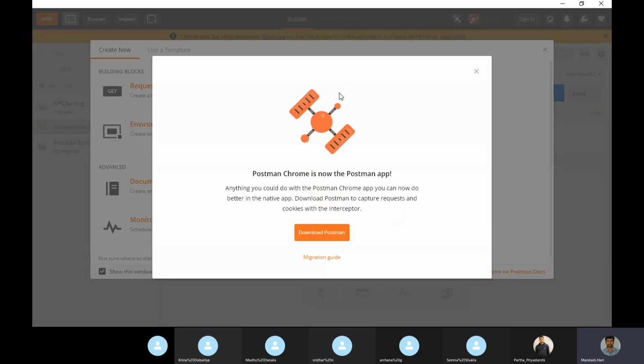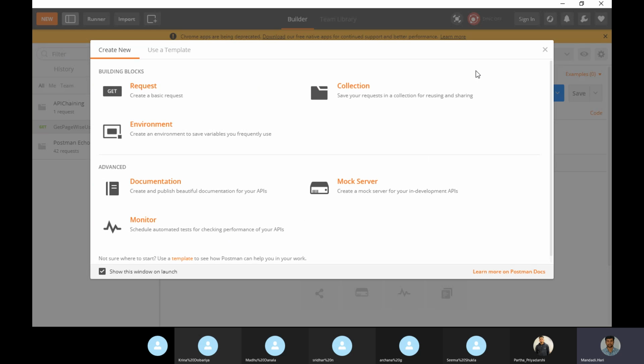Whenever the prompt comes, just click close. Download if you want a separate app, like when you are browsing and it recommends you to download its app. In the same way, I already have the app, so I don't want it.